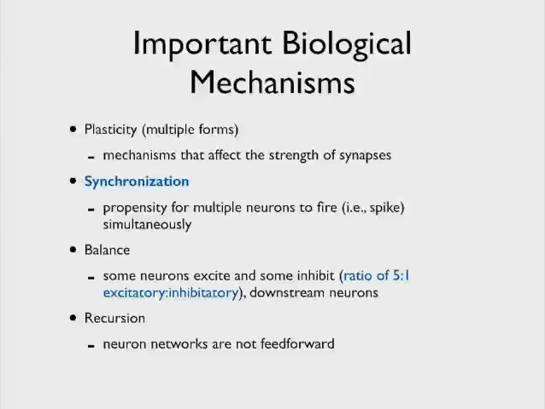And then there's balance. There are so-called inhibitory and excitatory neurons. Some neurons amplify signals, some neurons inhibit signals, dampen the signals. There's a ratio of about 5 to 1, 4 excitatory to 1 inhibitory. That's the rule of thumb. None of this is